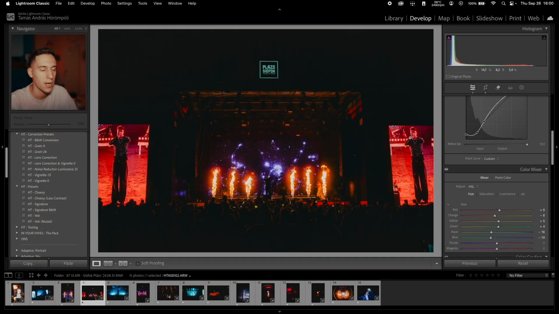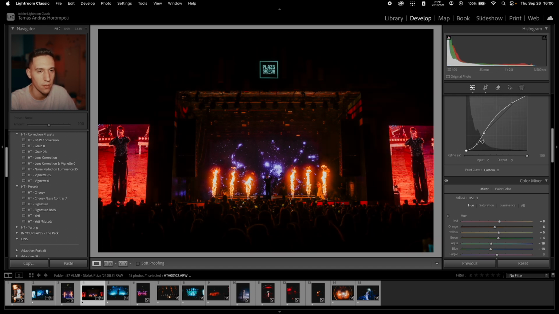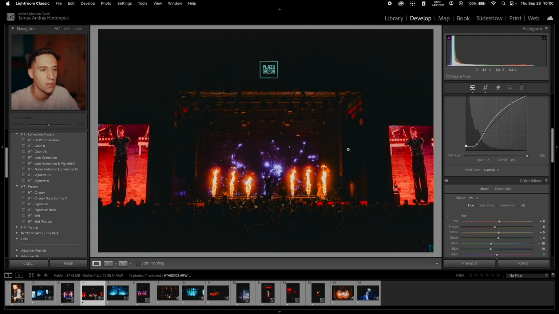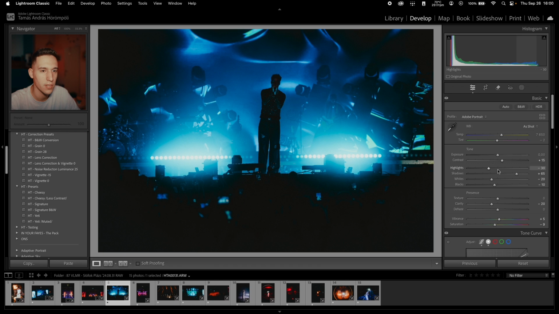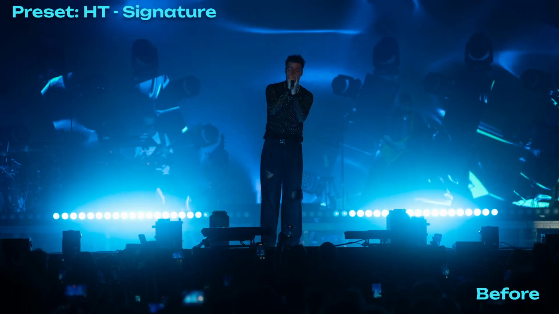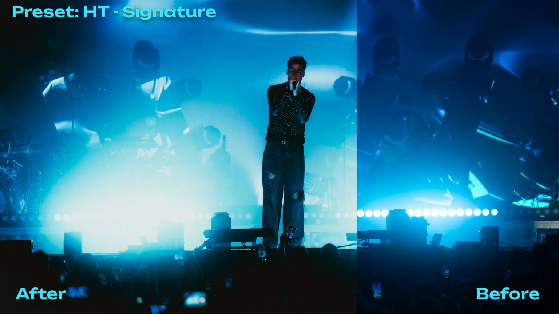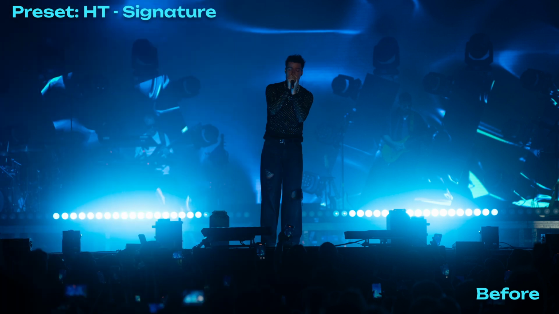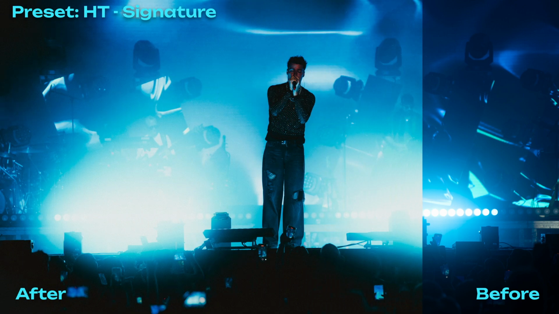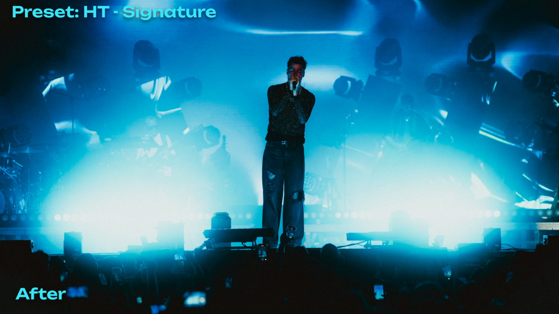So let's say that the client that you edit this for doesn't like the faded blacks, so you just pull down the end of the tone curve and you synchronize the settings like that. This way you create the look on the first picture and then synchronize it to the album, and you can just skip to the next picture every time, adjust it however you like it, adjust the cropping if it's necessary, and just go to the next picture, which you can do faster if you can map it out to your